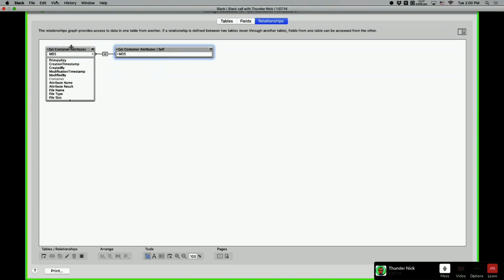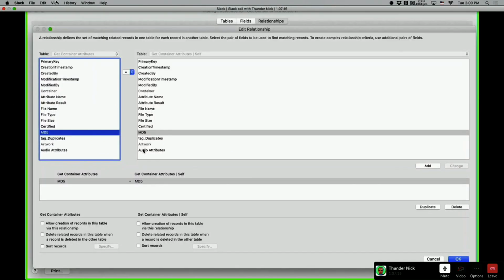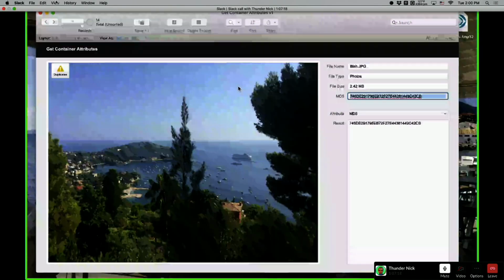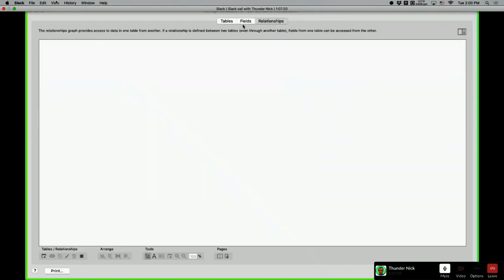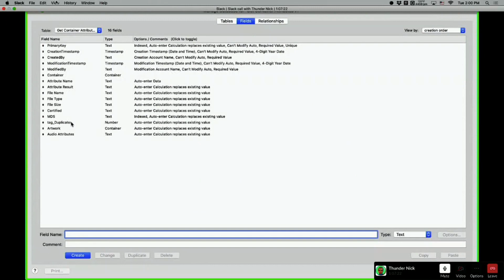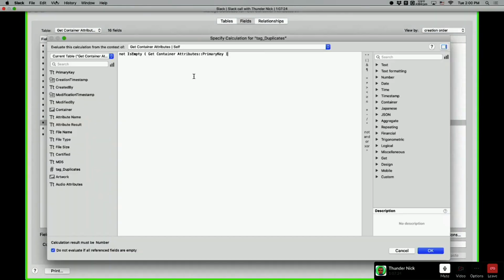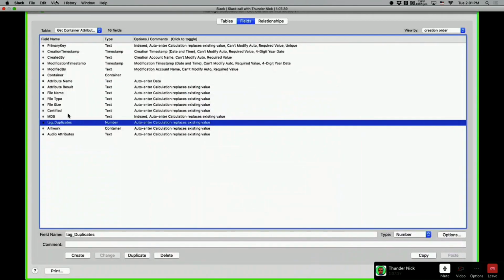I have a link to the same table, MD5 by MD5, and now I know. And I have a tag here saying this is a duplicate, yes.